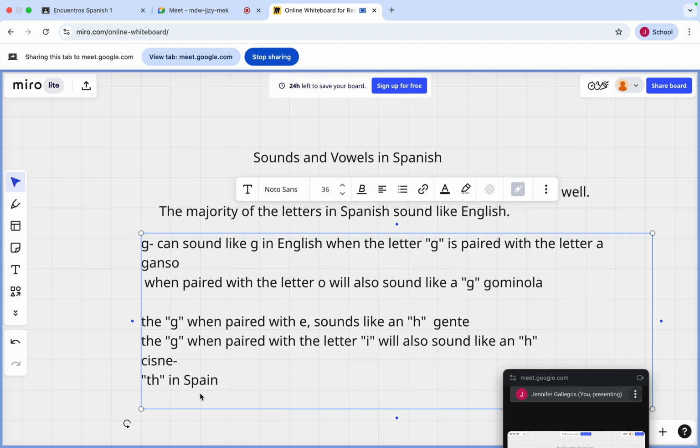So let's look at an example. All right. So the word G with an I is not gitano. It's gitano. Okay? Which is a gypsy. So gitano. All right? And then the G with the U,